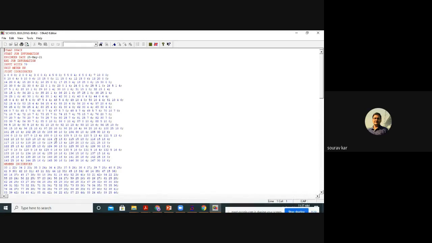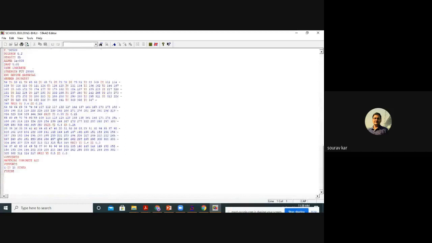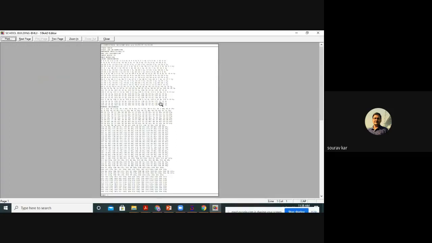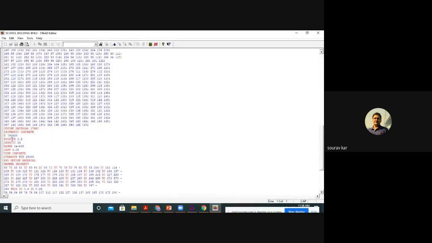So see here, this is the STAAD editor, all the coding whatever we have done. Isotropic concrete: E 790,569, Poisson's ratio 0.2, density, alpha, damping all the same.